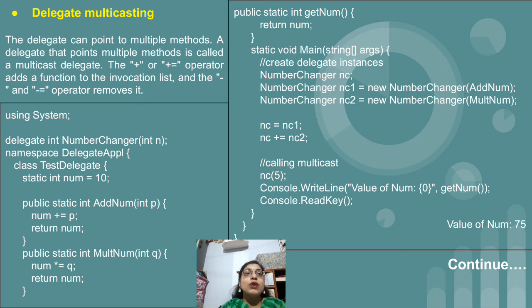To do so, as I said, we make use of the plus or plus equal to operator. So the main object, the first object which we have created, that is nc, to which we have passed the second object value.